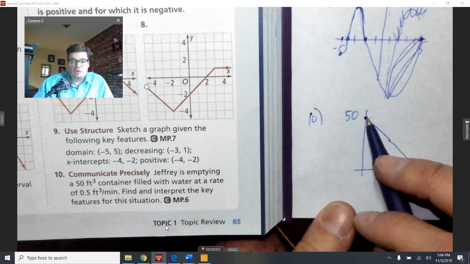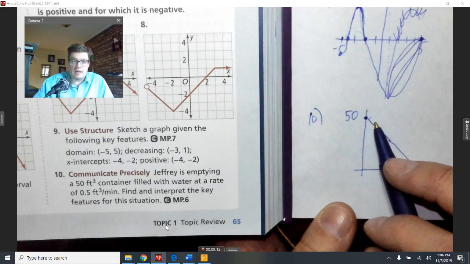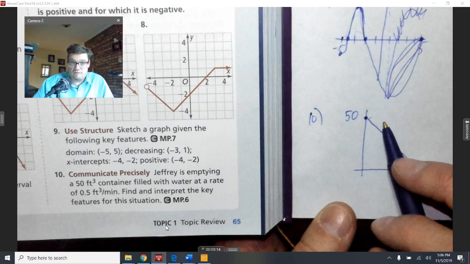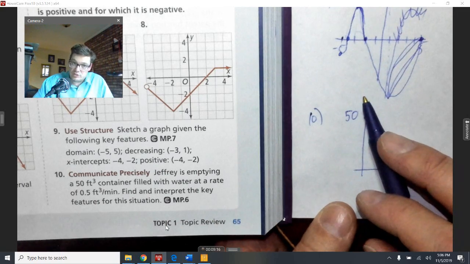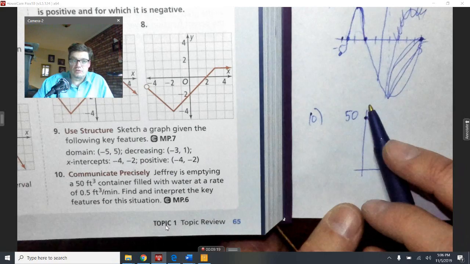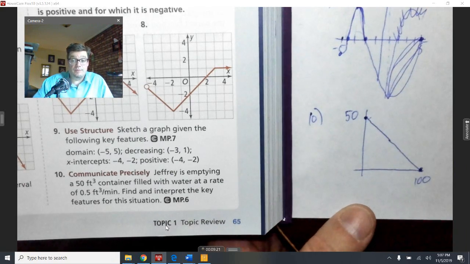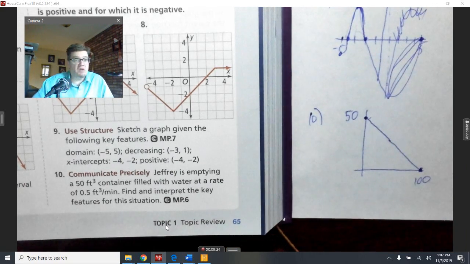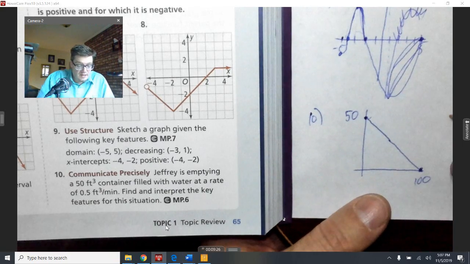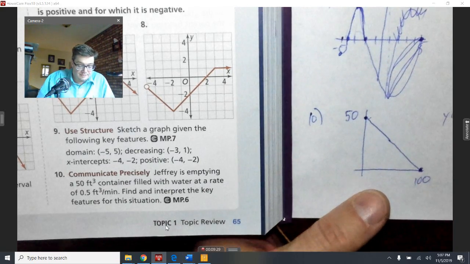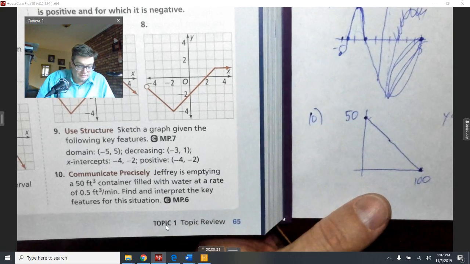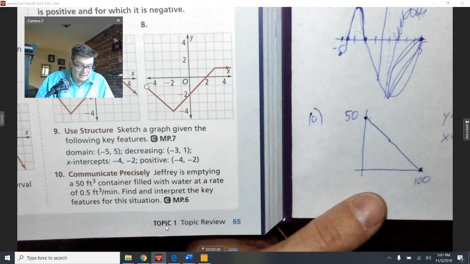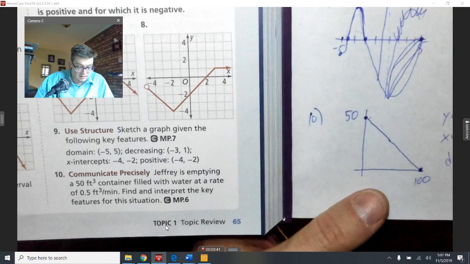Because every 2 minutes he drops, so every 2 minutes, 49. 2 more, 48. 2 more, 47. So it takes 2 minutes each time for it to drop a full cubic foot. So this guy has all kinds of key features. I mean, the key features are we have a y-intercept of (0, 50). We have an x-intercept, or a 0, at (100, 0). We see that it is decreasing